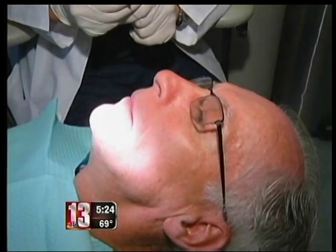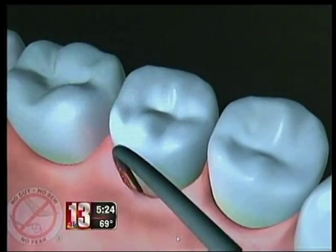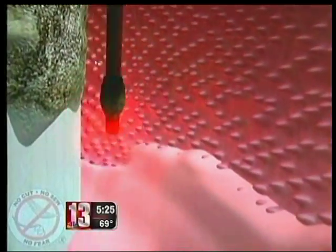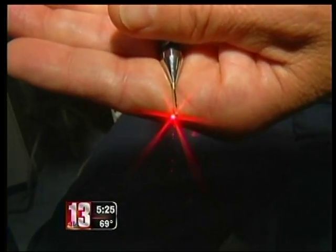Yeah. A lot less painful, a lot less swelling. Recovery time is a lot quicker. Less pain, faster healing, and less tissue loss are the hallmarks of treating periodontal disease with LANAP, laser-assisted new attachment procedure. This is why, instead of cutting into diseased tissue with a scalpel, a tiny laser fiber is inserted between